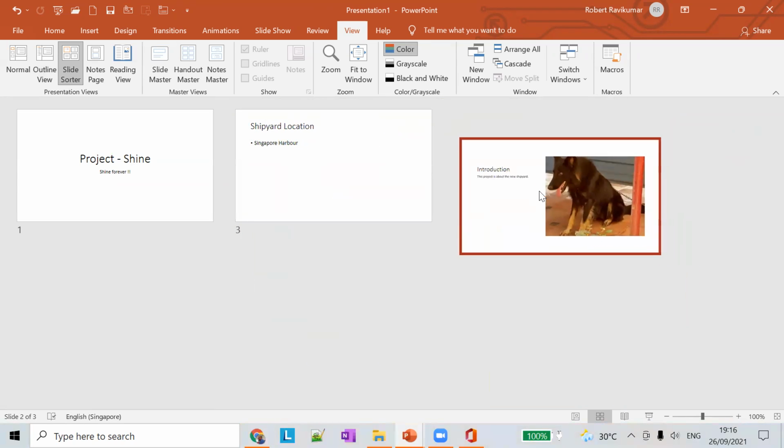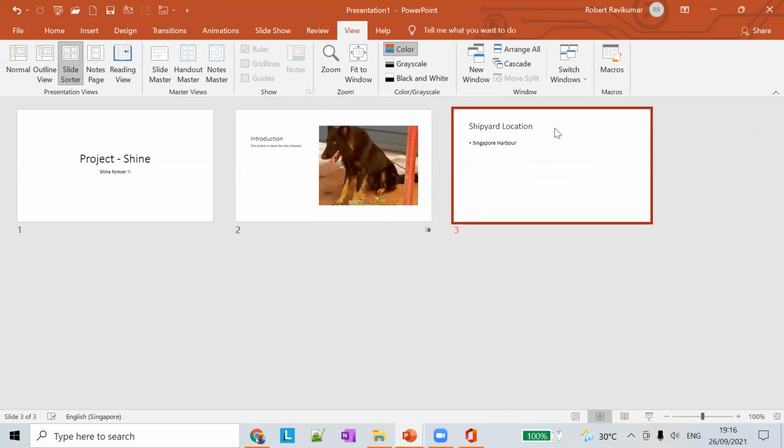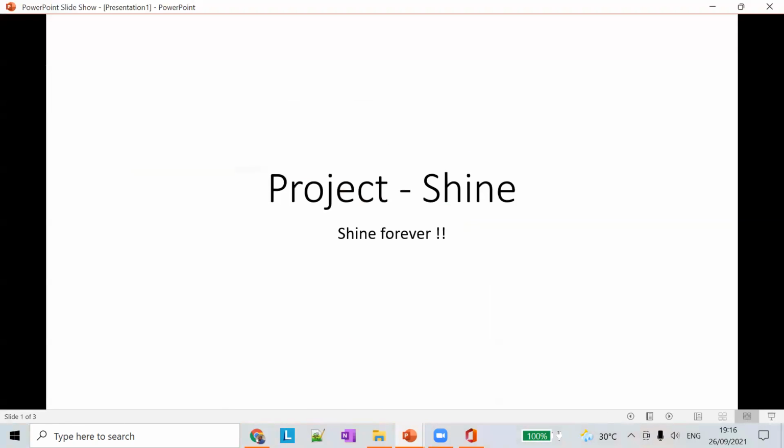Using this view, you can sort the slides into different positions. You can easily move slides through the slide sorter view. And then the notes page. Then we have reading view. Reading view is just to read your document. It doesn't provide you any